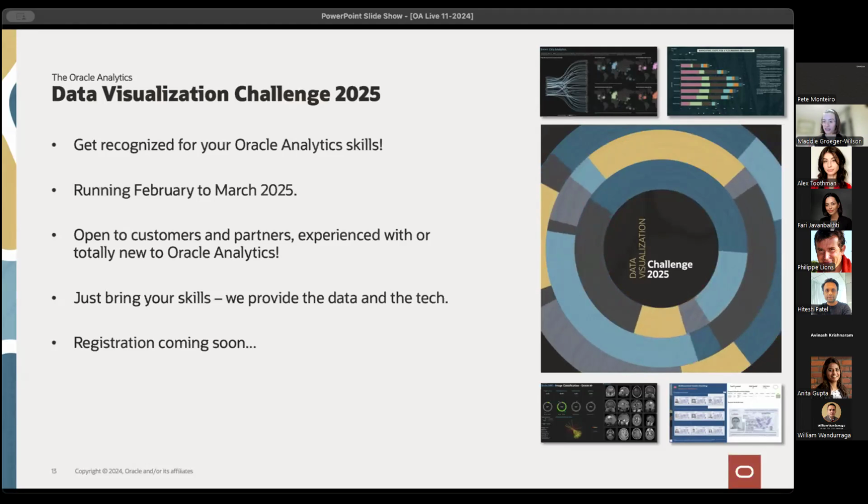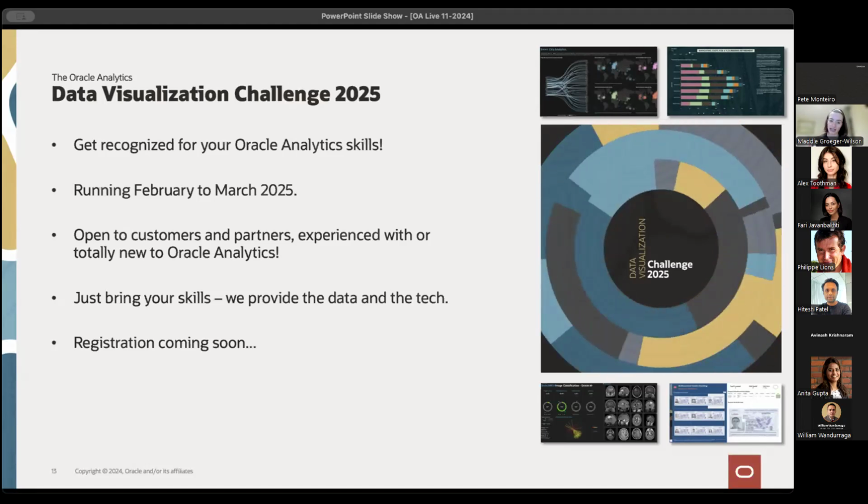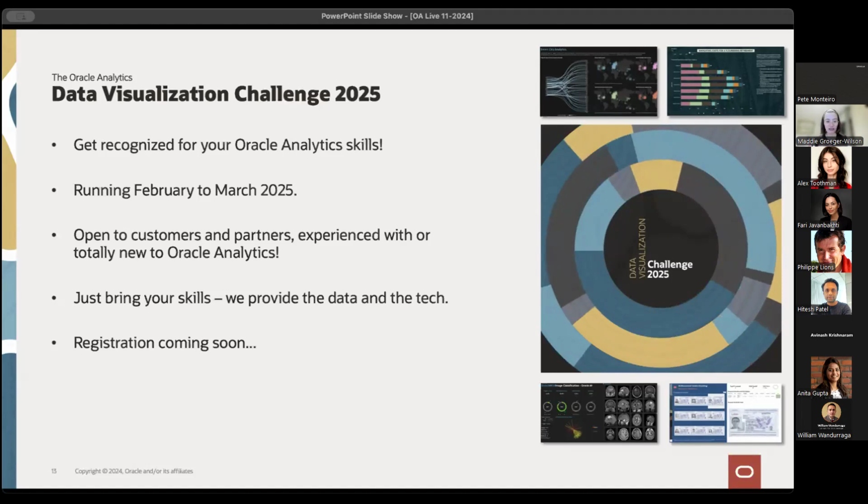Registration for this launches in December 2024, and by registering, you will get access to Oracle Technology, OAC, a number of data sets that we've pulled together for you, and we will give you the opportunity to see what you can create from that.